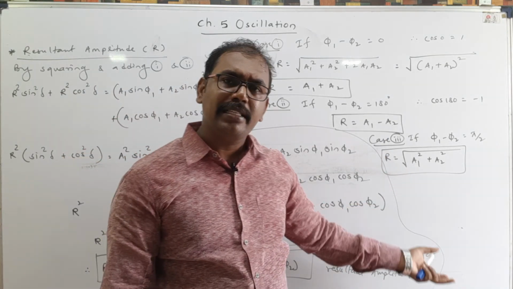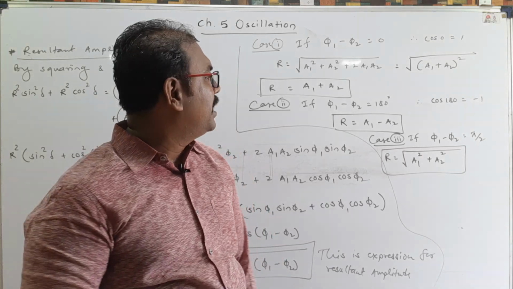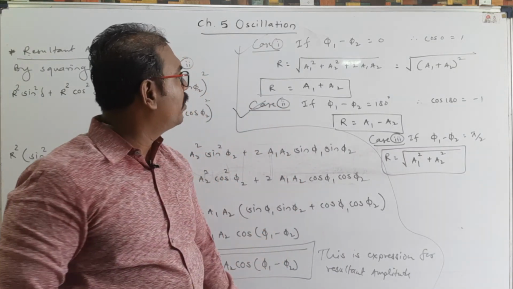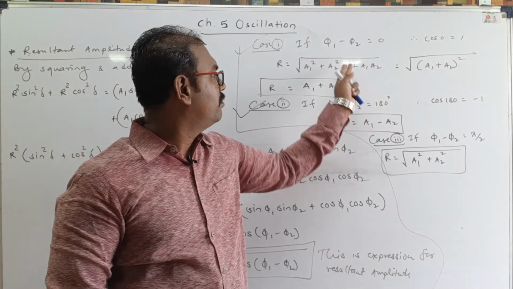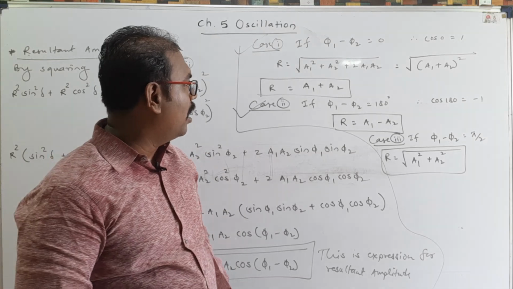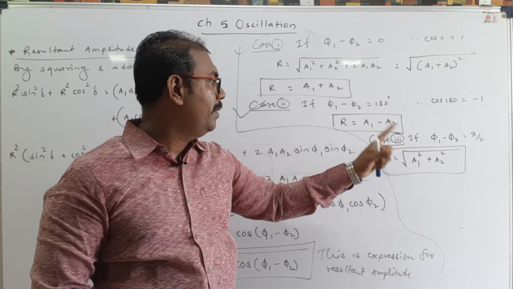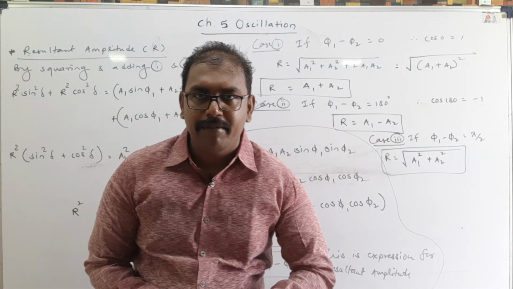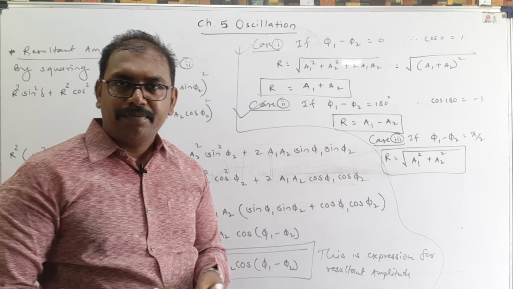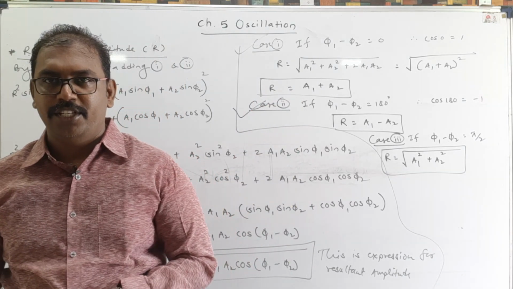We can write many cases here by substituting different values of the phase difference. But that's it here; we require these two cases in another chapter. So remember this: when they are in same phase, the resultant amplitude is a1 plus a2. When they are out of phase with a phase difference of pi or 180 degree, the resultant amplitude is a1 minus a2. So in today's lecture, that's it. This chapter we will continue in the next session. Thank you.